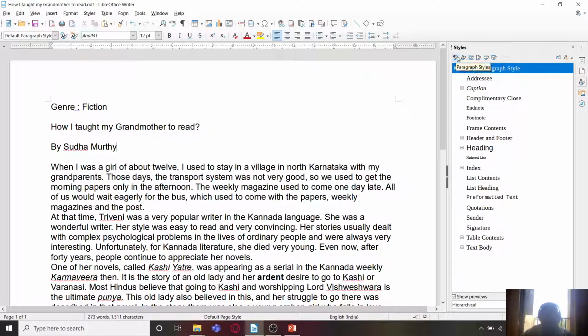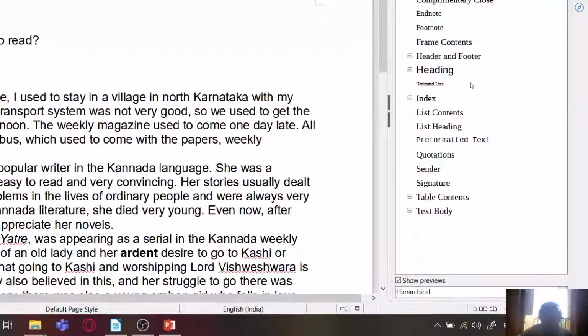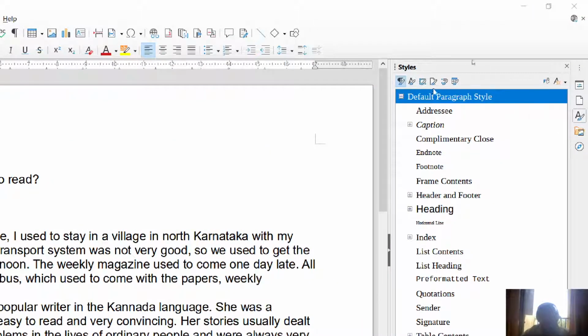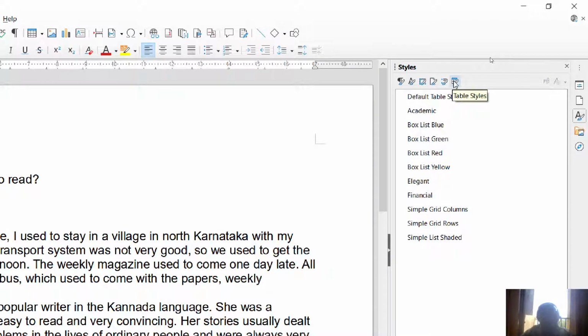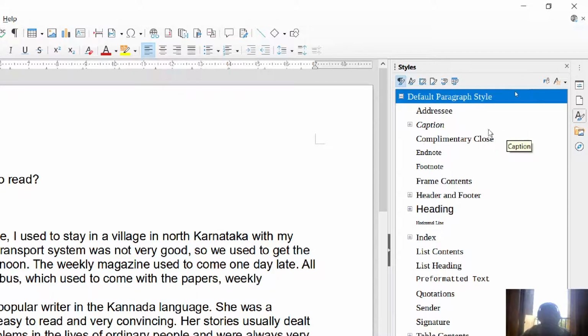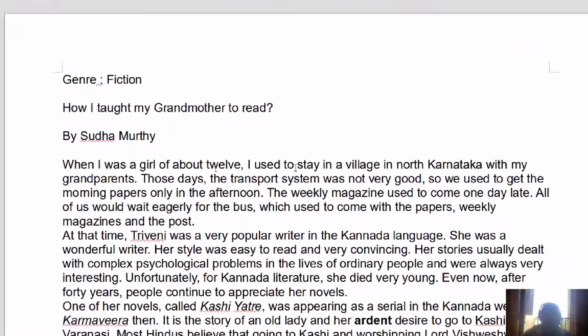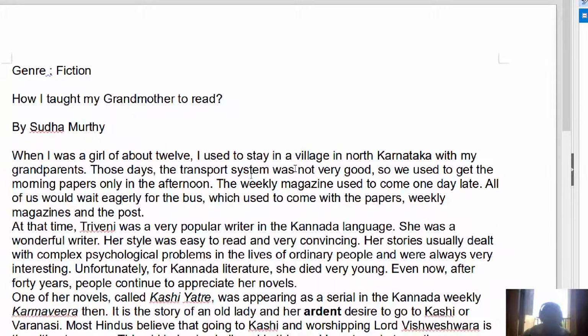As you can see, these are the paragraph styles, these are character styles, frame styles, page styles, list styles, and table styles. So paragraph styles are styles which can be applied on single paragraphs.